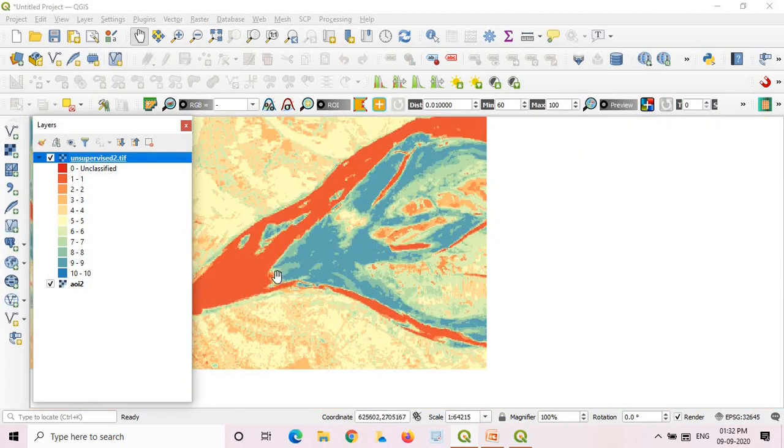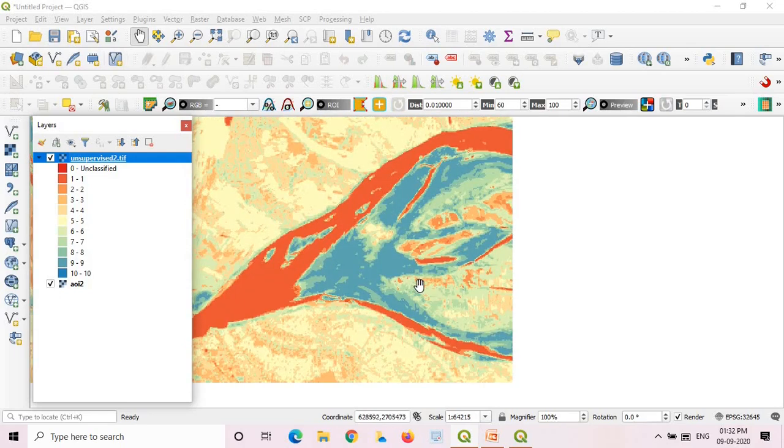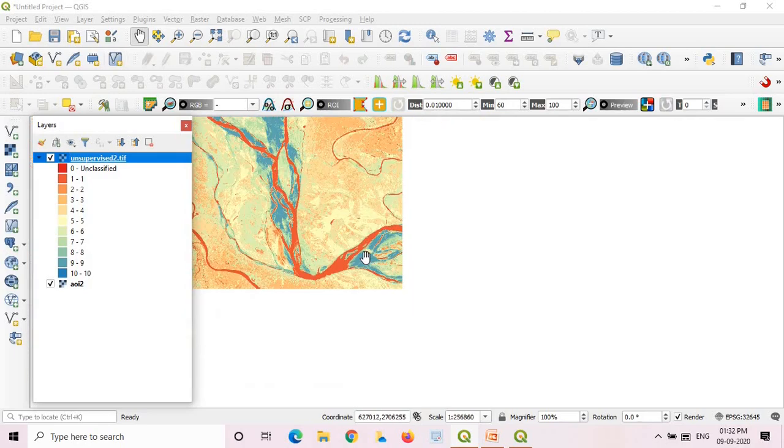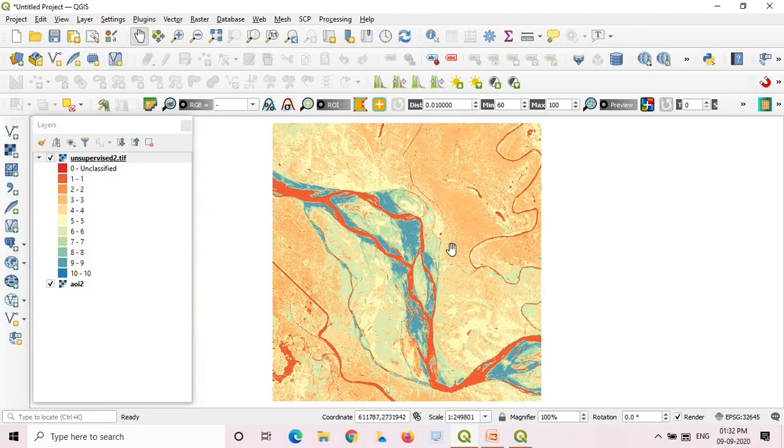These are the sands that we identified in our supervised approach, but see that the system has classified so many classes even over the sands. This is the advantage of this method, that many of the DN values which are not discernible through naked eye can be identified using this approach.